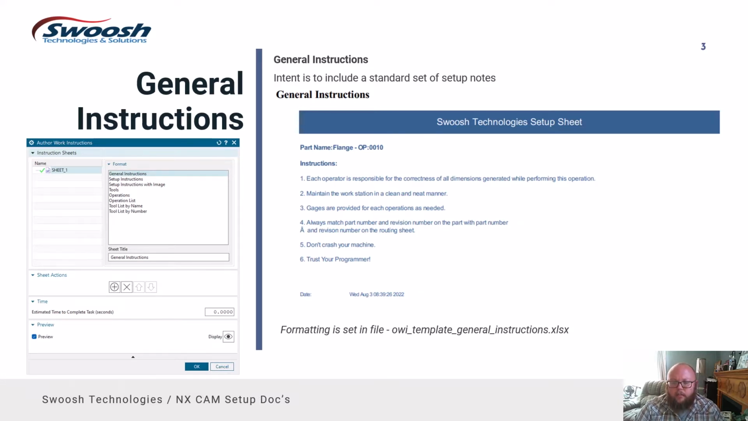Additionally, we're going to look at the different layouts of these formats, and these are all created in Excel spreadsheets. So the general formats here, the out-of-the-box formats, are all provided with your NX installation. So I'm going to go ahead and jump into